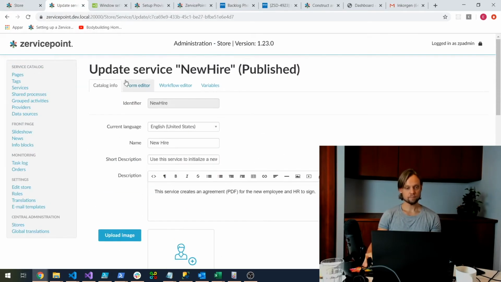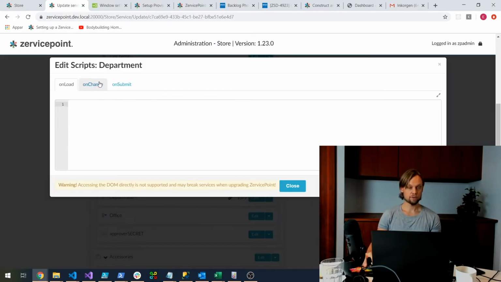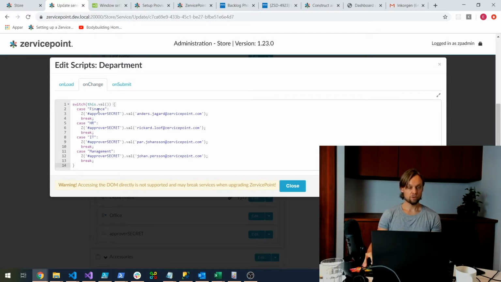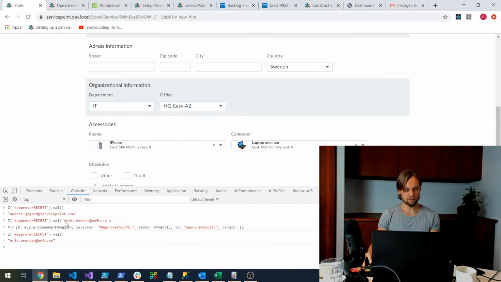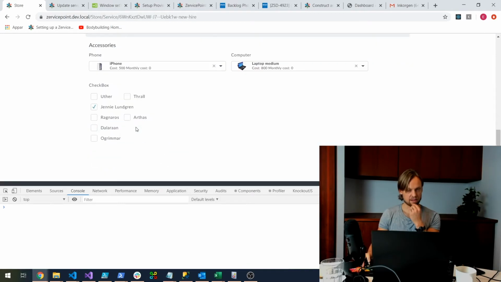So then perhaps we implement a JavaScript on this drop down. So we check if someone selects management, we put Johan P-son into a hidden input element, and then we bind that to a variable, and we use that variable as approver on the workflow. And that's not a good idea because, as you can see here,